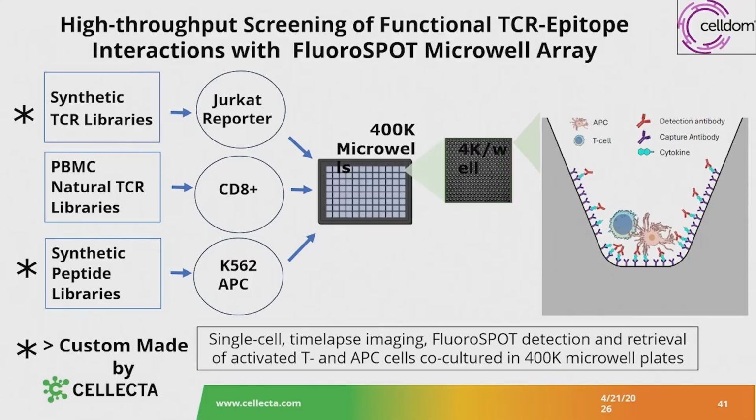You can co-culture these cells in the platform shown here. This is the simplest way we have found to study this type of interaction. The core of this technology is a 96 well plate. In each well, you have 4,000 microwells. The size of these microwells is slightly bigger than a cell. So what you can do is deposit antigen-presenting cells and one T cell